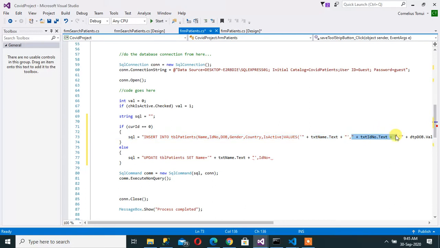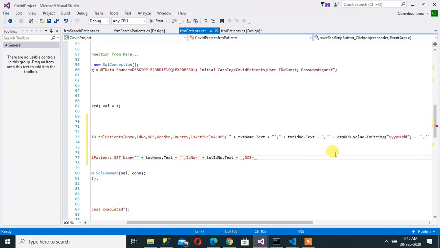So I copy that and paste here, comma, gender, okay, date of birth, DOB, is equals to what I'm fetching from the date picker. So I'm copying that, comma,